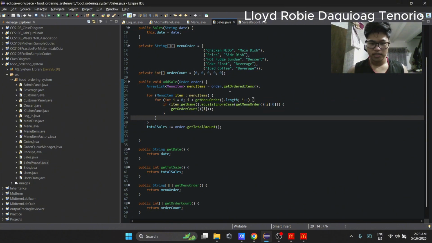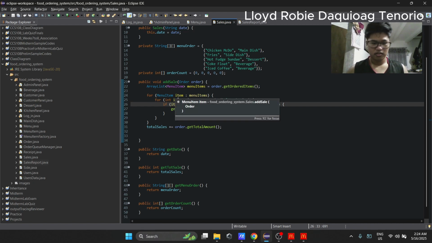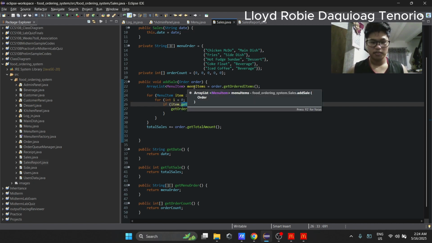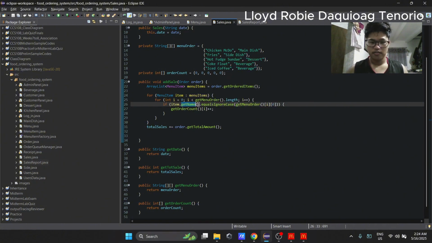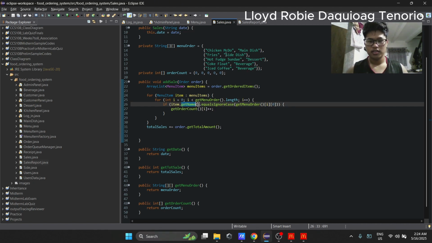The for loop iterates from chicken McDo to iced coffee in the array. Then inside the for loop, there is an if-else statement that checks if the item inside the for each loop, the menu items ArrayList, has a name contained in the menu order.